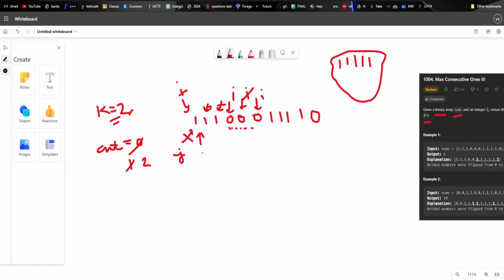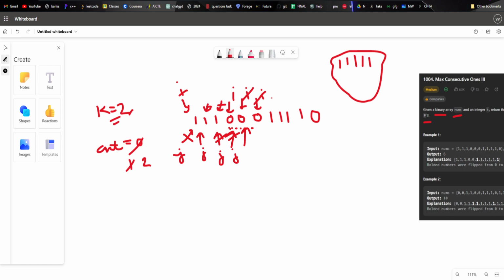It makes no change because it is 1, and the next ones also make no change. When it moves past a 0, it discards that 0. Now I have 2 zeros, the condition is satisfied, so I can move my i pointer further.